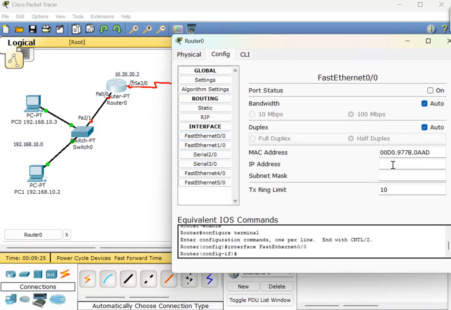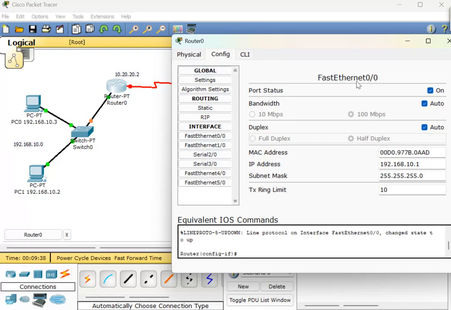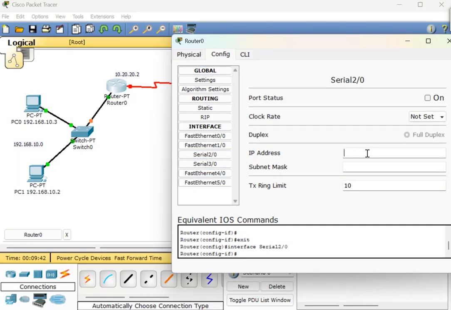So what is the gateway address we have given? That is 192.168.10.1, right? Then the subnet mask, and the port status you have to turn on over here, that is for FastEthernet 0/0. Now go for the serial port here. Serial port address is